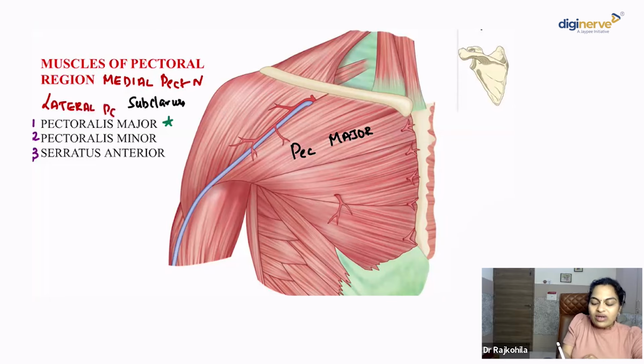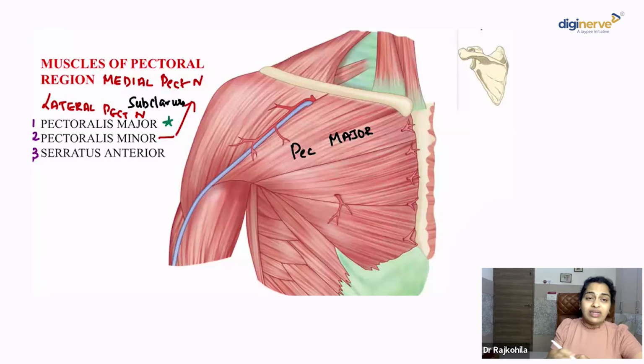The lateral pectoral nerve has to pierce the clavipectoral fascia to innervate the overlying pectoralis major, right? Similarly, the medial pectoral nerve has to pierce the pectoralis minor to supply the overlying pectoralis major. The pectoralis minor is mostly innervated by the medial pectoral nerve that pierces it. But in addition, a few fibers of the lateral pectoral nerve can innervate the pectoralis minor. Another very important muscle that you see here, come on, tell me.